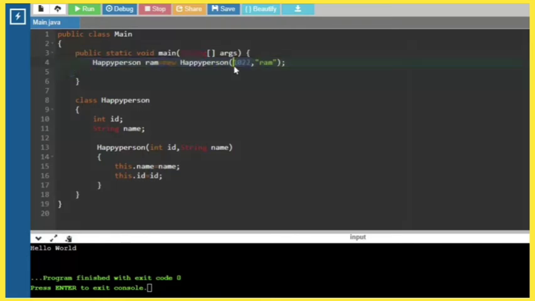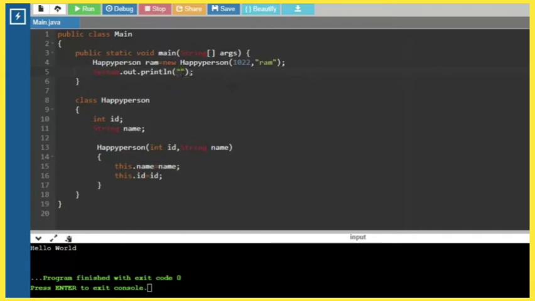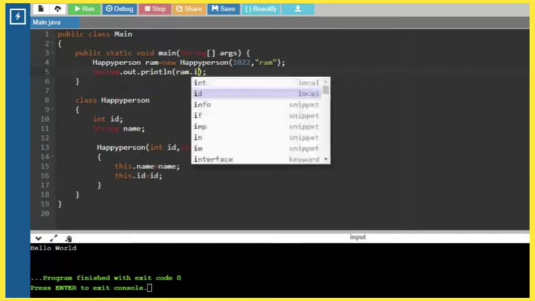So we have created an object. Now this constructor will be called. This bracket is meant for constructor use only. So in this bracket we can initialize what we want, that is, ID and name we can initialize here. So we'll give his name as Ram. A string is to be given in double quotes.